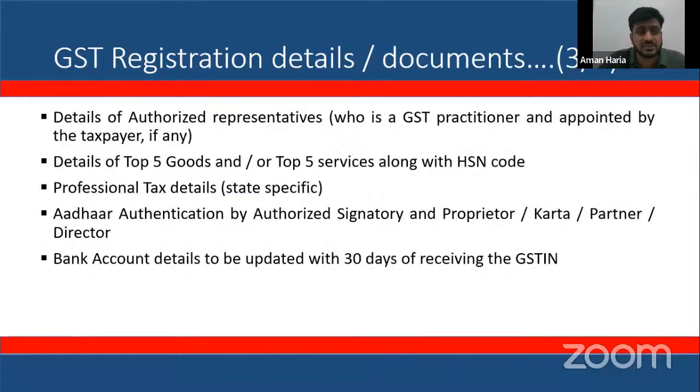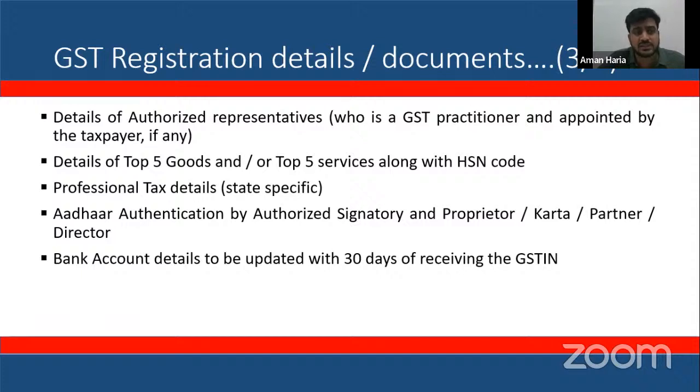The next aspect is authorized representative, if there is any. So authorized representative can be a GST practitioner, who is appointed by the organization themselves. After that, you also have details to be mentioned regarding top 5 goods or top 5 services which are provided by the organization along with their HSN code. So once you have highlighted those,